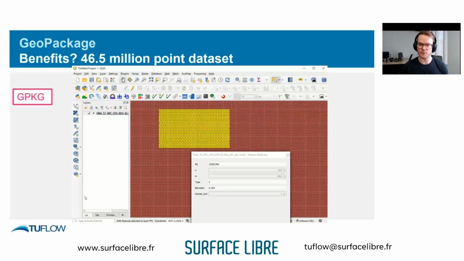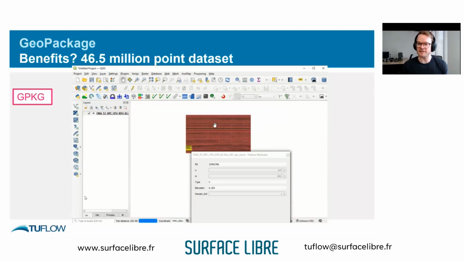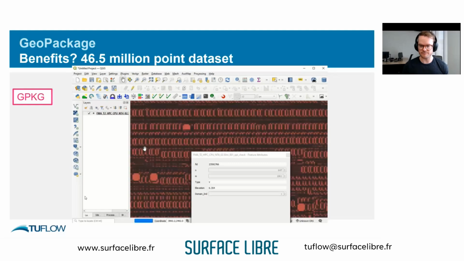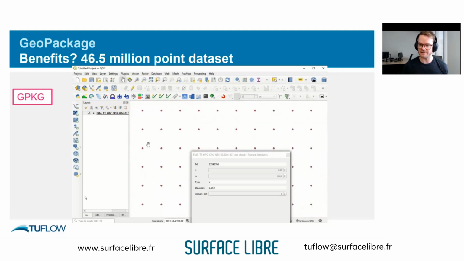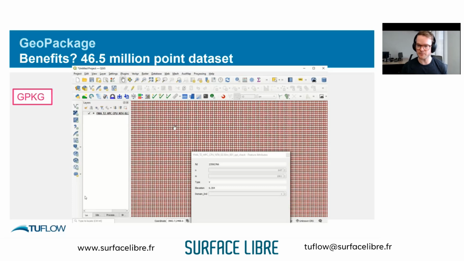As I play around with it, of course, when I zoom out too much, there will be a slowness as QGIS tries to render it, which is not really the format's issue. That's mainly just trying to find and render every single point on the screen. So if you zoom out too much, then you obviously have a lot of points to render. But that's done. That whole video was less than 45 seconds, which is, as I said, the time it took to do anything with the shapefile. So that's the benefit I see.